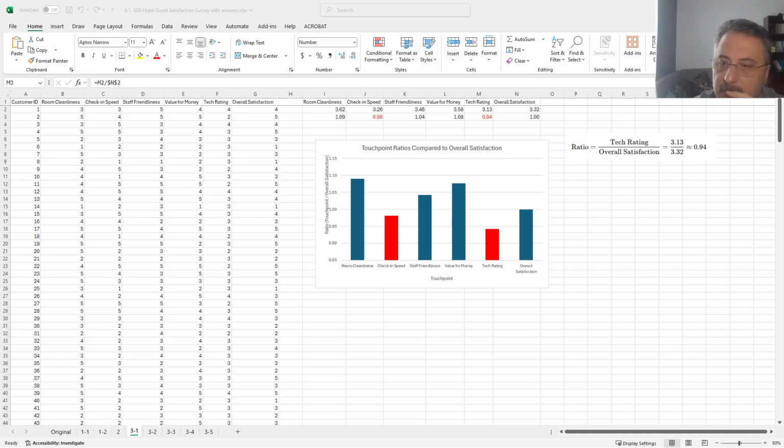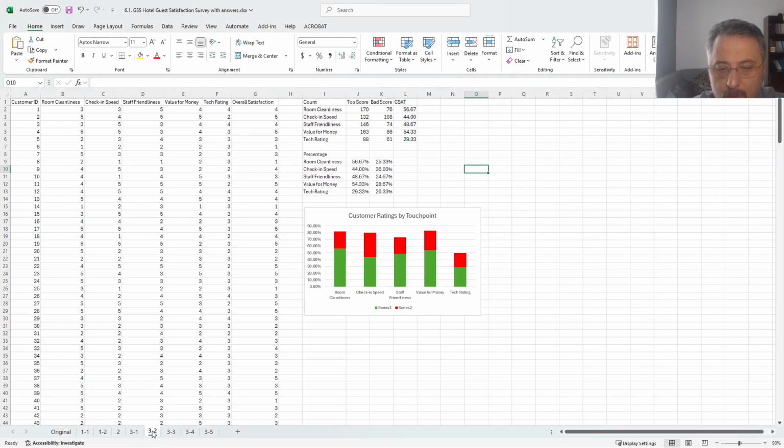What else we want to do here? Okay, let's look at the different thing, which we call the top bottom box approach or touch point benchmarking. What we do here is, if you look at here,